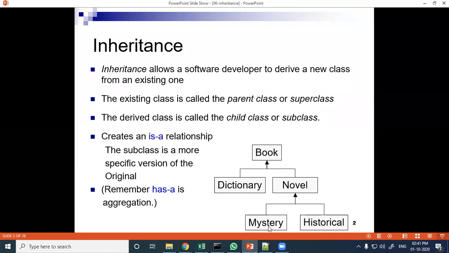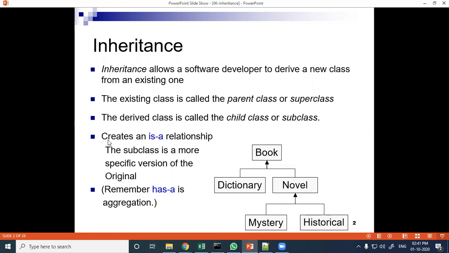Similarly, mystery and historical are the child classes of the novel class. So book is the parent of dictionary and novel, and novel is the parent of mystery and historical. This is one type of inheritance mechanism.